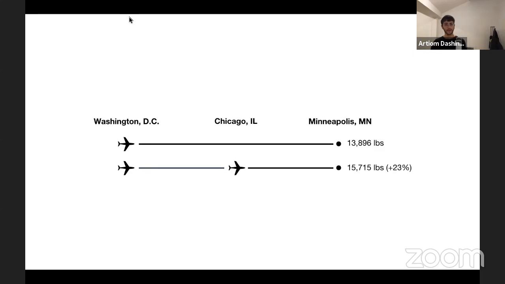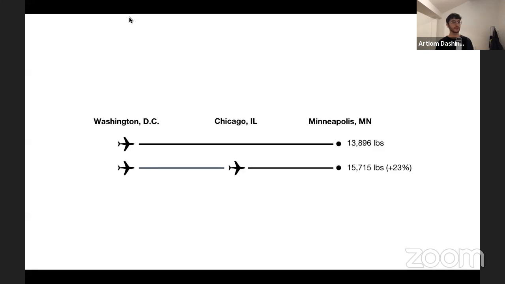So let's take this example of two flights from Washington DC to Minneapolis. One of them is a direct flight, and the second option is a flight with a layover in Chicago. The direct flight will require 23% less emissions. Basically, most of the fuel that is burned by airplanes is burned during takeoffs and landings.